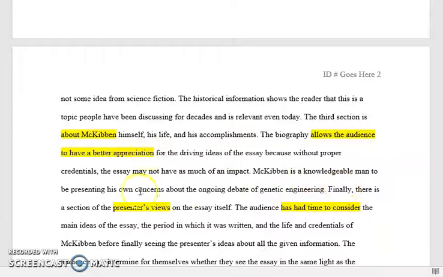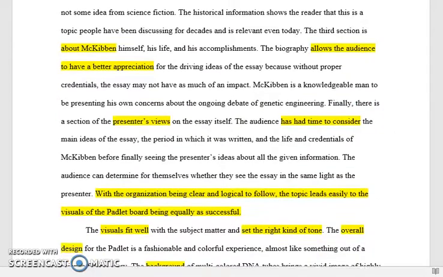And then finally, it goes over the insight section, which is the presenter's views, and says why it was good. It gives the audience time to consider everything else, and then they can look at this specific example. And then after talking about all 4 elements and how they're good, it ends with a summary sentence. With the organization being clear and logical to follow, the topic leads easily to the visuals of the Padlet board